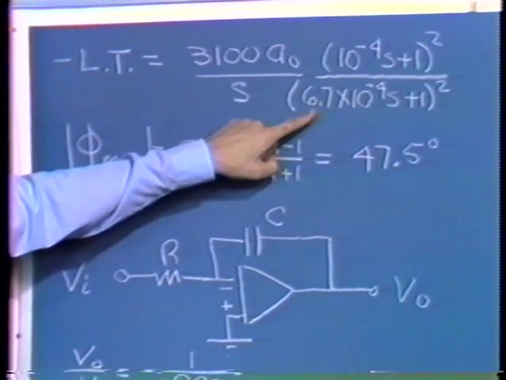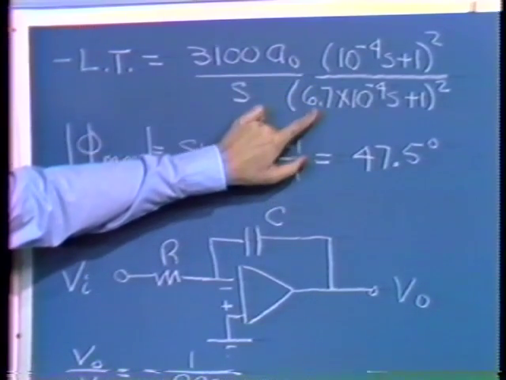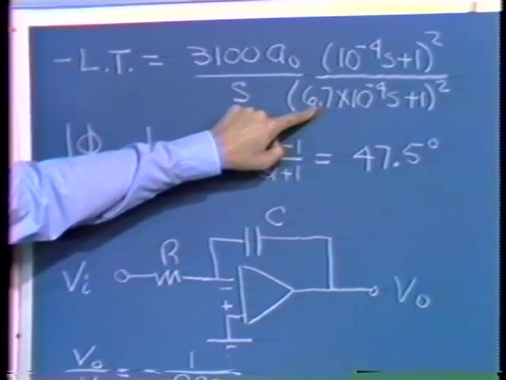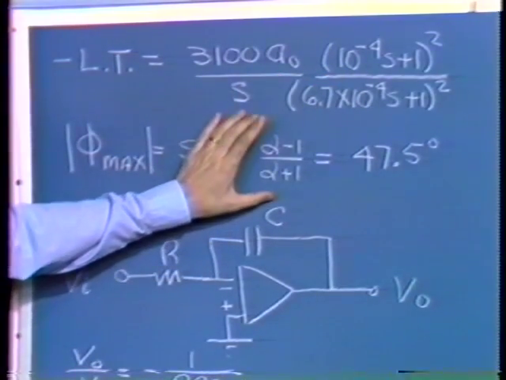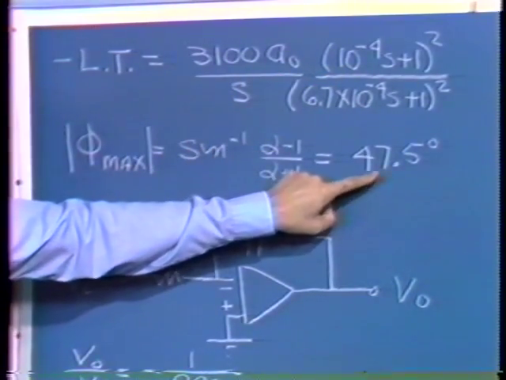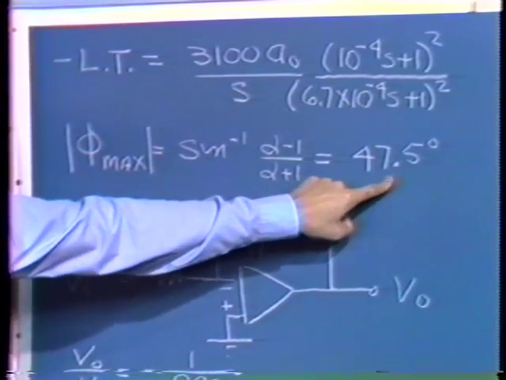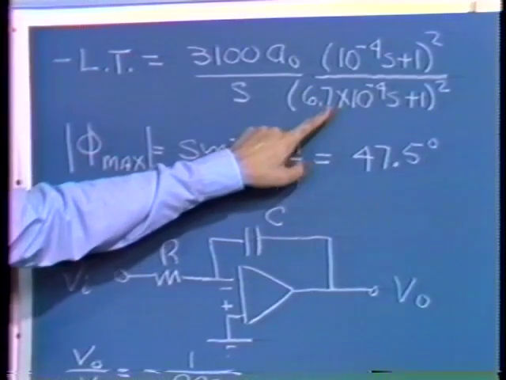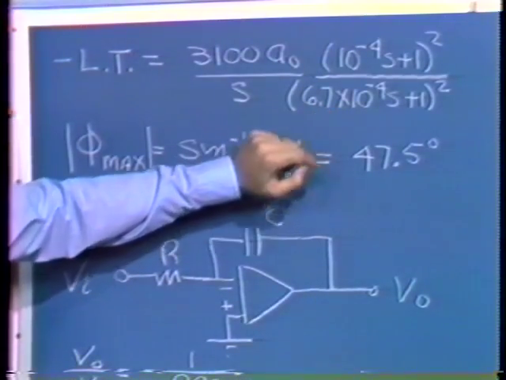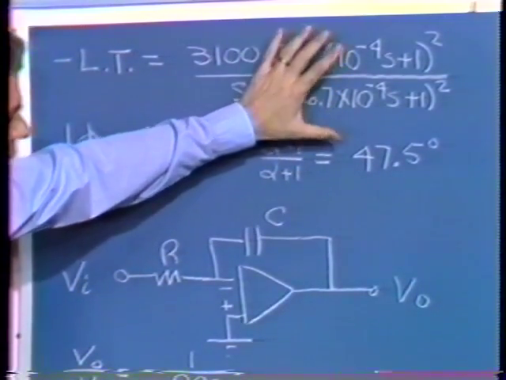And in this case, alpha is 6.7, the pole being located a factor of 6.7 below the zero. If we evaluate this expression, we find out that we get 47.5 degrees of phase shift for each of those, associated with each of those doublets,